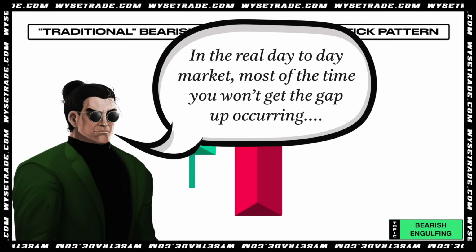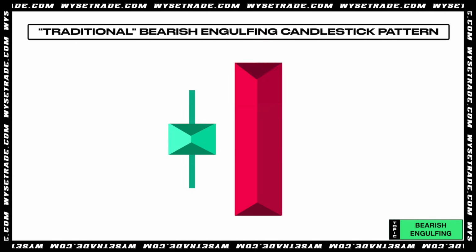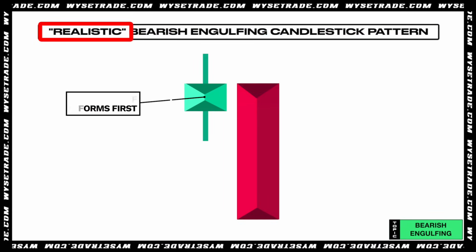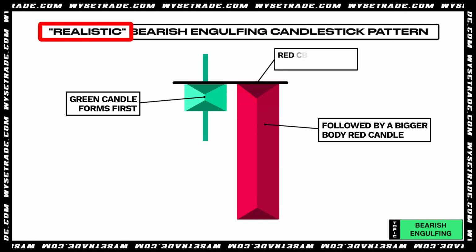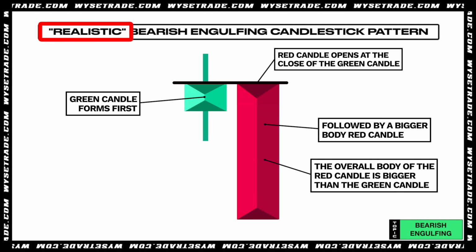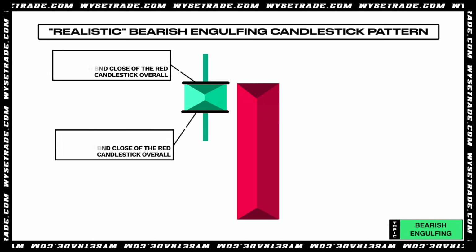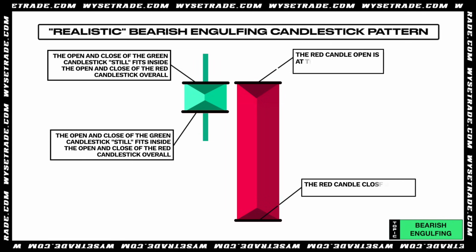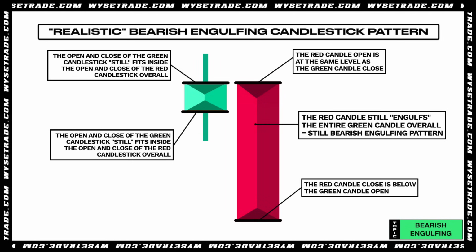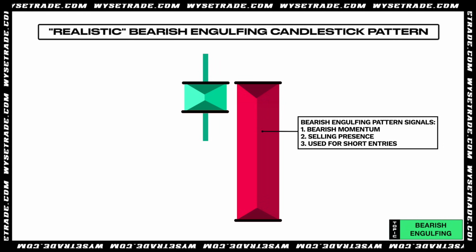Again, in the real day-to-day market, most of the time, you won't get the gap up occurring. So here's a more realistic bearish engulfing candle to look for. You have a green candle first, followed by a red candle that opens at the close of the green candle. The overall body of the red candle is bigger than the green candle. Now, just like before, your green candle open and close still fits inside of the open and close of the bigger red candle, making this still a bearish engulfing candlestick pattern and signals bearish momentum, selling presence, and is used